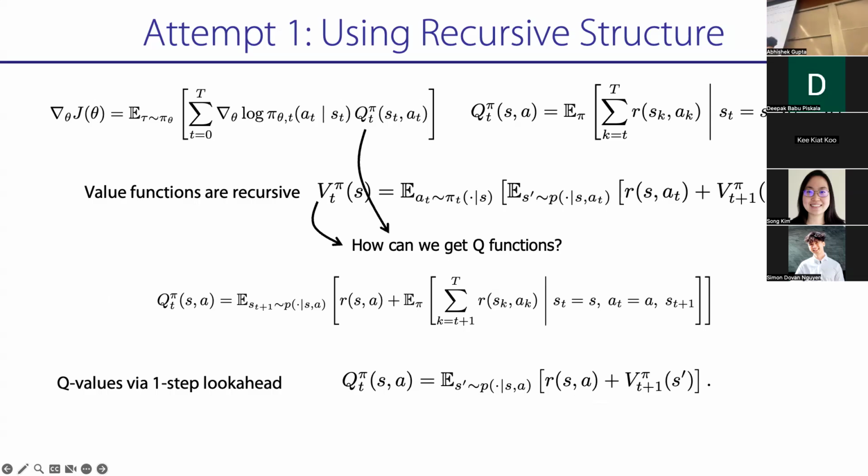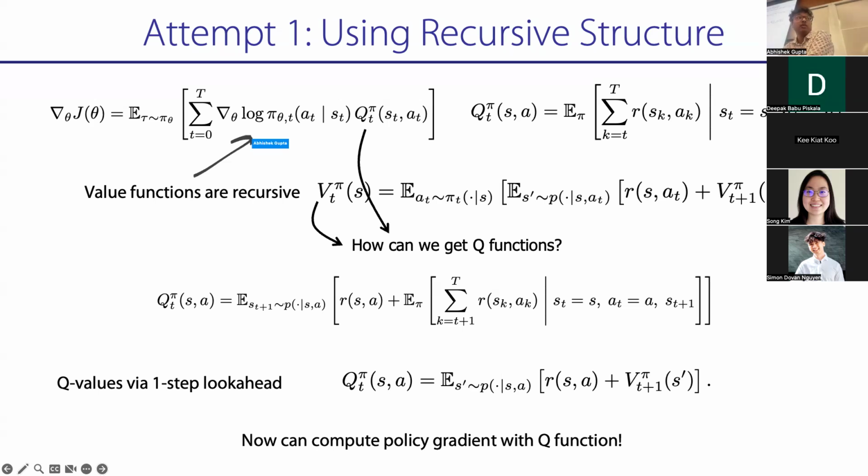Cool. So I'm going to have a V function. I'm going to have a Q function. Q function is just one step look ahead, and then I stick it back into my policy gradient. Okay? So I'm doing policy gradient as usual, as we did all of last lecture. But now, instead of doing sum of R along a single trajectory, we're going to try and substitute it with this R plus future V, right?